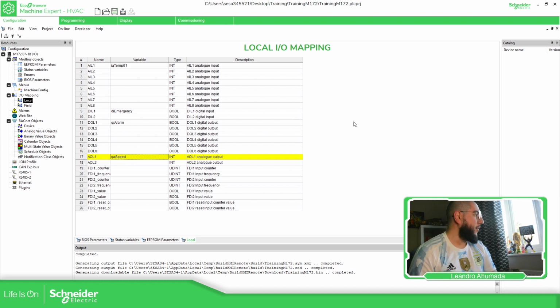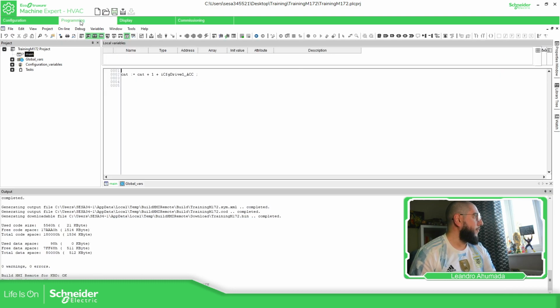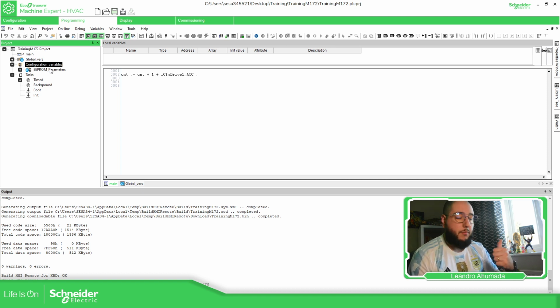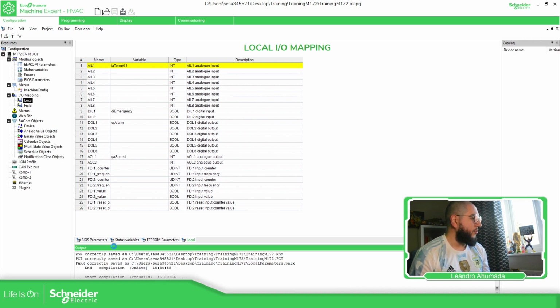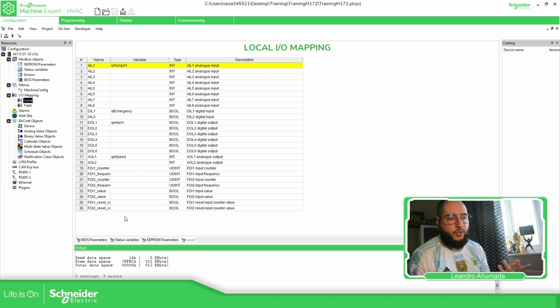whatever, doesn't matter. So if you go to programming, I haven't compiled yet. You can see here that I don't have the IO. This one, configure variables, is because I didn't delete what I have done in the previous video, but it should appear here as an IO. So if I compile all, I should be able to see in the output some results about the compilation. In my case, I have 0 warning, 0 errors,